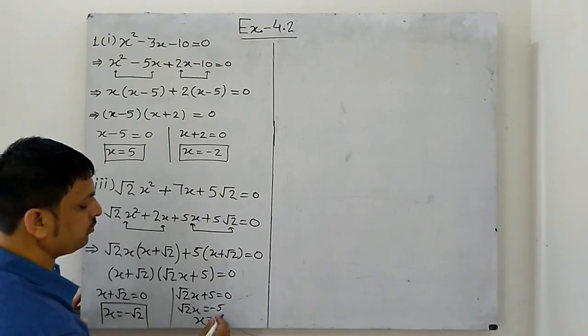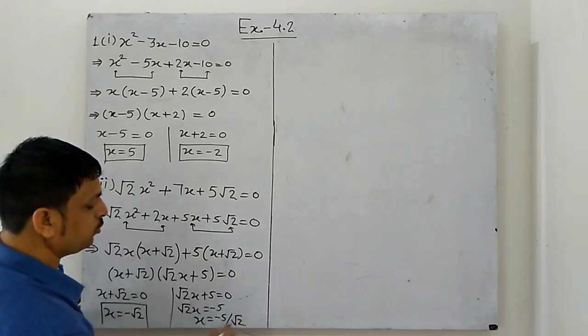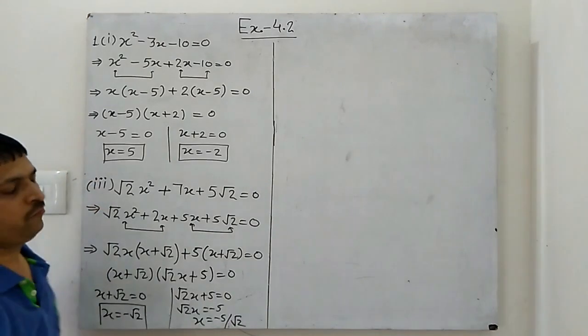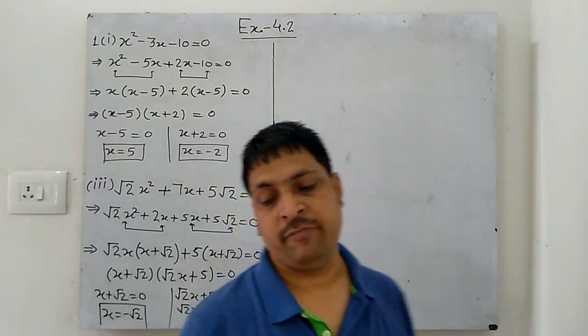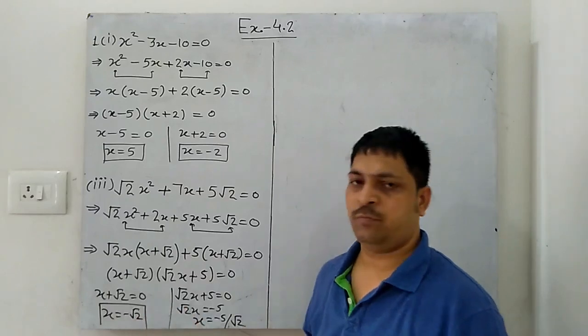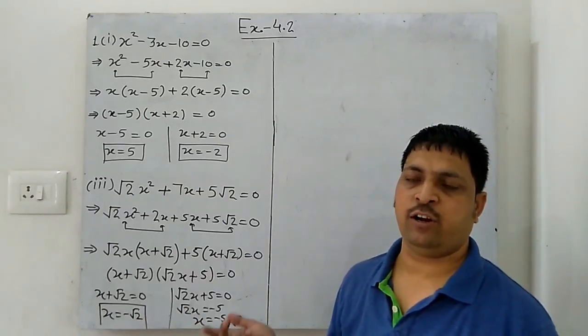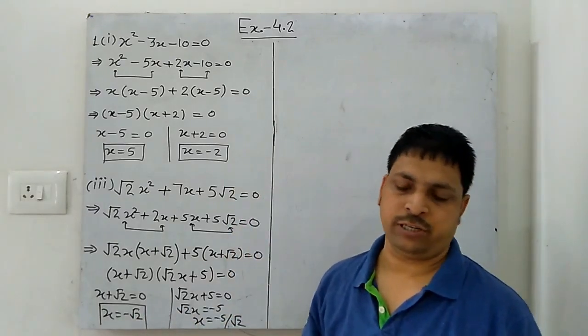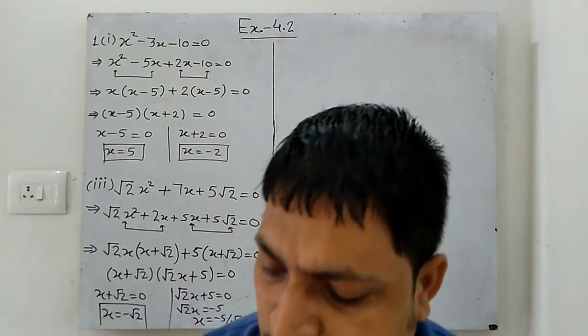So the value of x will be minus 5 upon root 2. That is the second value. In a quadratic equation, we will always find two roots because the degree of the equation is 2 here. Clear? Now the next, fourth part,